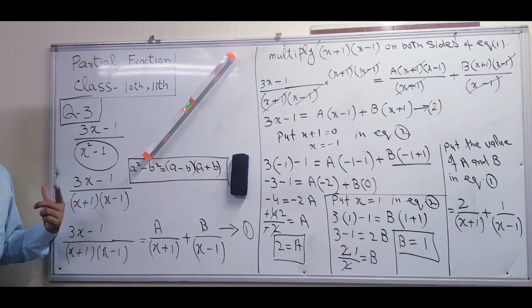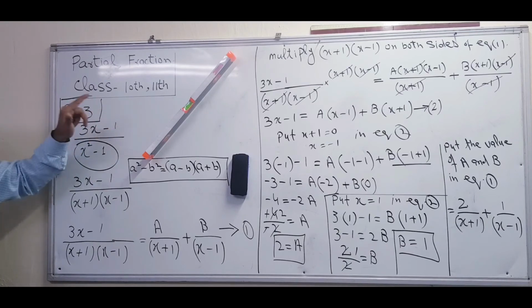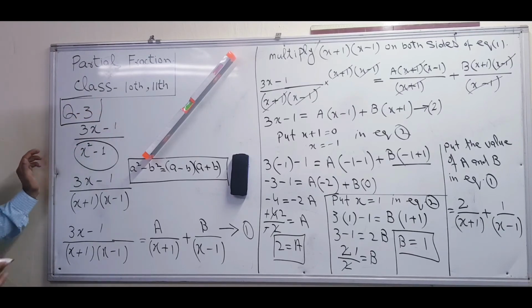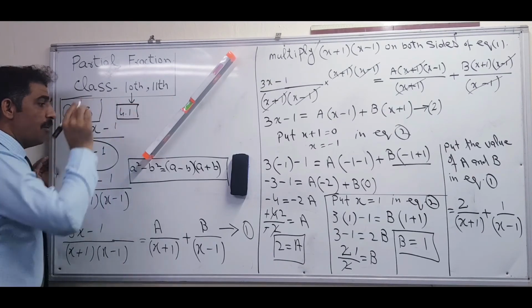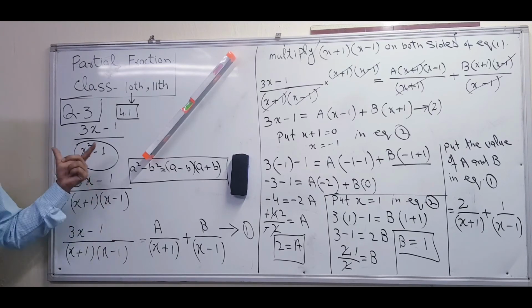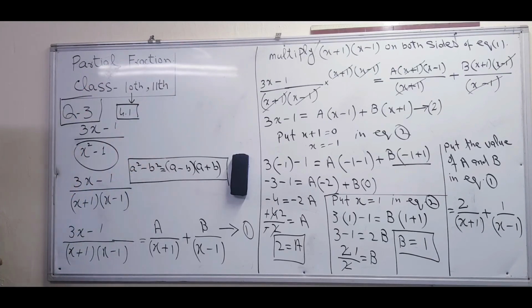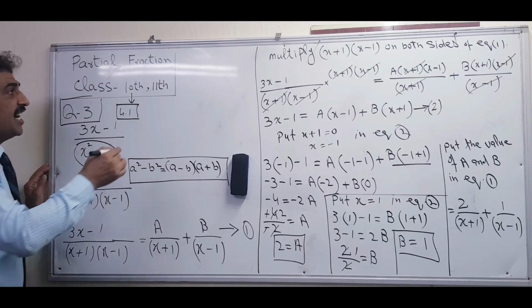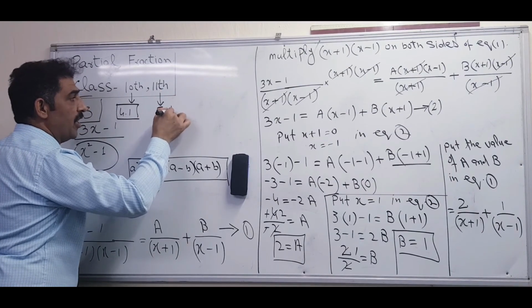So again, you have to write the same steps. All the questions of exercise 4.1 in grade 10 and grade 11, 5.1. In grade 10, in all questions of 4.1, the denominator must have linear factors. That is the first case. What is the first case? All the terms have linear factors. So that's why you first have to try to make the linear factors. In grade 11, which exercise is the same? That is 5.1.